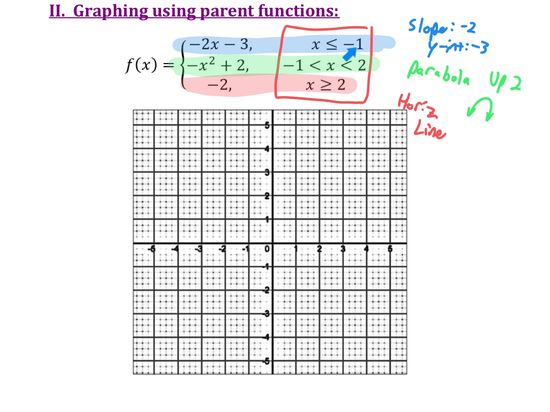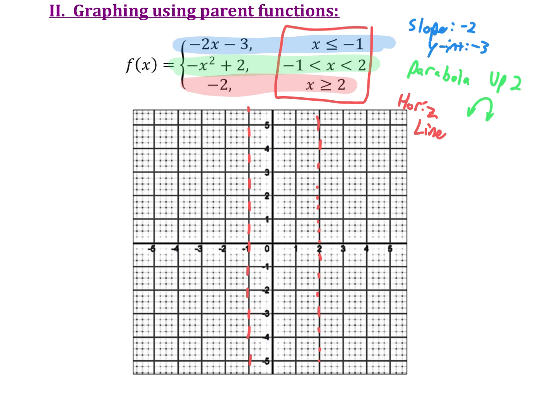Now what I also know is, where do I switch from one to the next? Well, I switch at negative 1. Negative 1 is where I go from this blue function to this green function. So what I'm going to do is draw in a little dotted line. It's almost going to be like an asymptote, but it's not an asymptote, just for reference here. And then I switch again at 2 from one function to the other. So when x is 2, I switch from the green to the red. So I'm going to do the same thing when x is 2. Just going to plug in a different